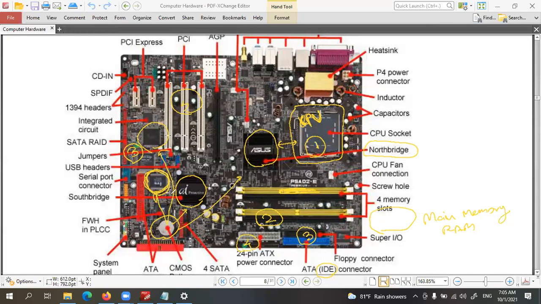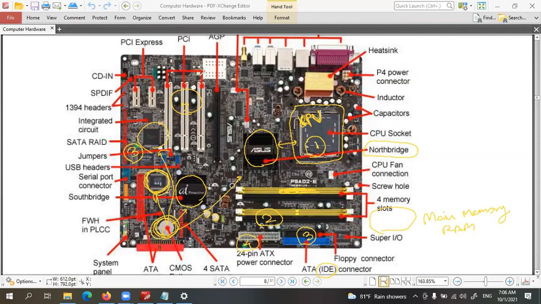So that power will be supplied from this CMOS battery to keep basic instructions and memory in the motherboard. Even when we shut down the computer, the normal time will be saved or continued, even when it is powered down. That is done by this CMOS battery, supplying power to the motherboard when we are not using the computer, when we switch off the computer.